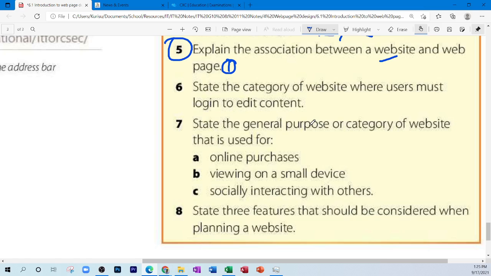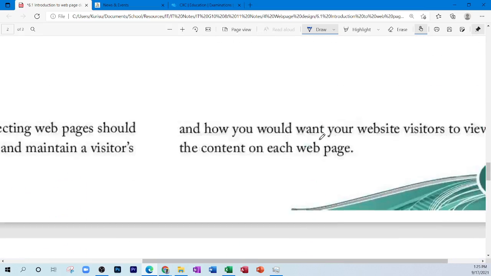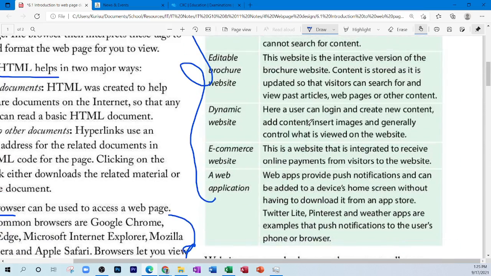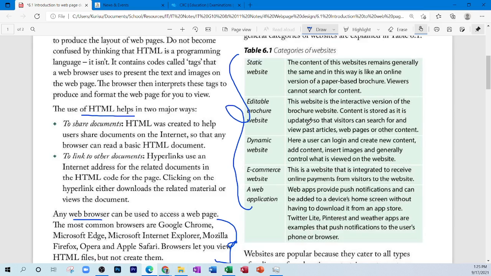Mahima? Sir, I don't know. Michaela? Sir, a dynamic website? That's correct. A dynamic website. So if we look back at the categories that we have, so yes,